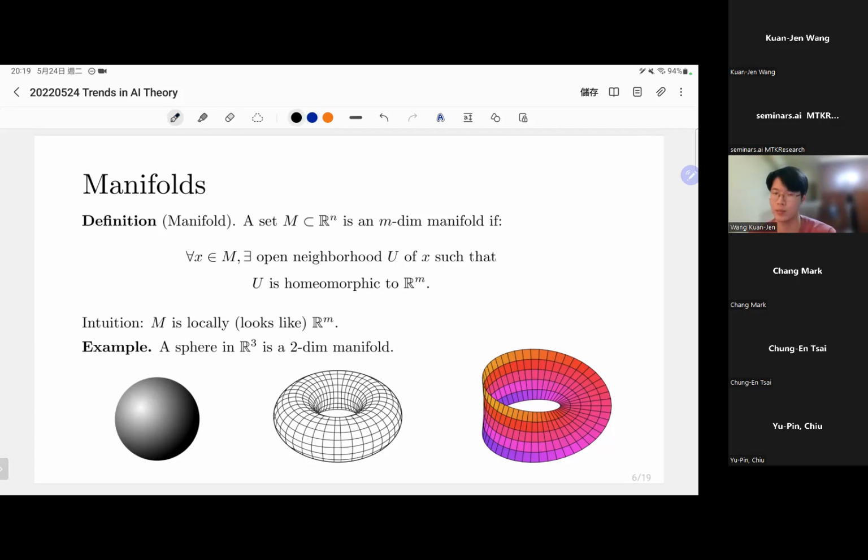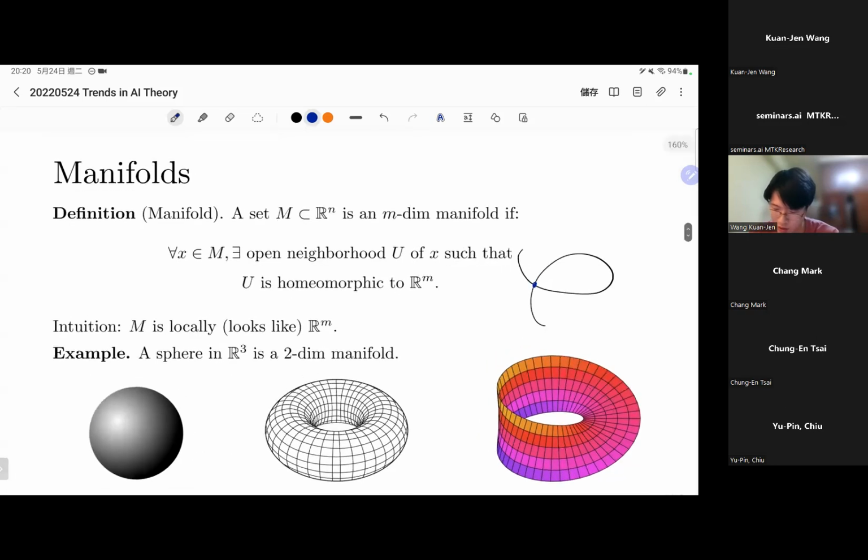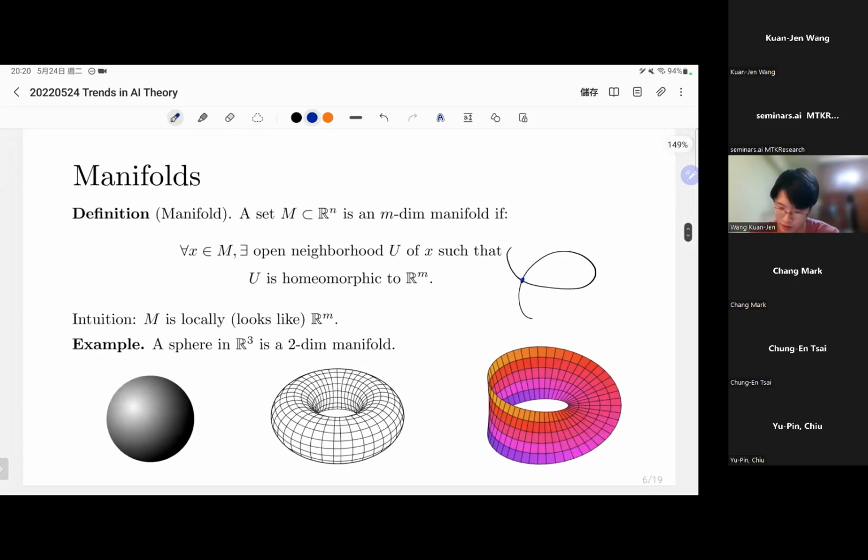So what is not a manifold? For example, this is a one-dimensional manifold, right? Because locally it looks like R1. If you zoom in on this part, you will see that it looks like a straight line. But this is not a one-dimensional manifold, because at this point, no matter how you zoom in, you will find that there is always an intersection at this point, and this intersection causes